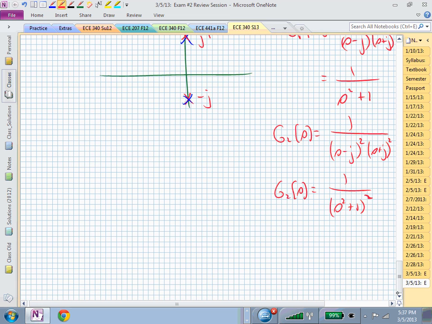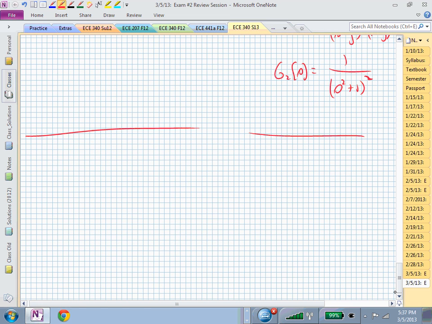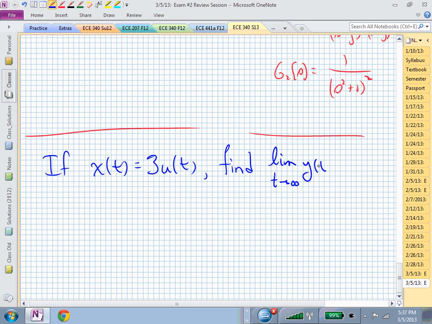but this is more, well, maybe I don't want to give it away all the way. Let me see if you can think your way through it. Suppose I gave you the following problem. I said if x of t is 3u of t, then I want you to find the limit as t goes to infinity of y of t